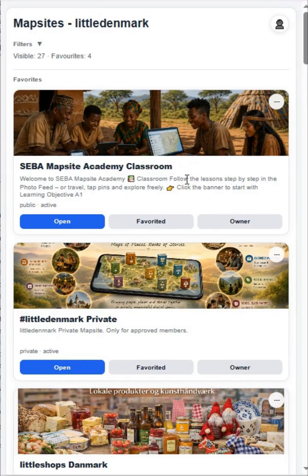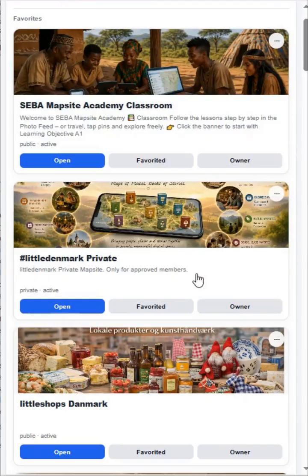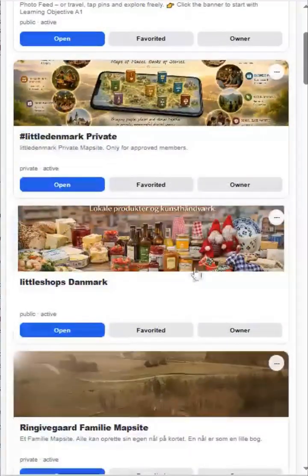You can see the top one here is an educational map site. We have a Little Denmark private map site. We have a Little Shops map site. And if you click on it, you will go into that. We also have a family map site,